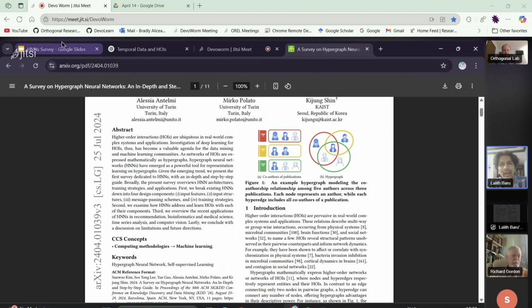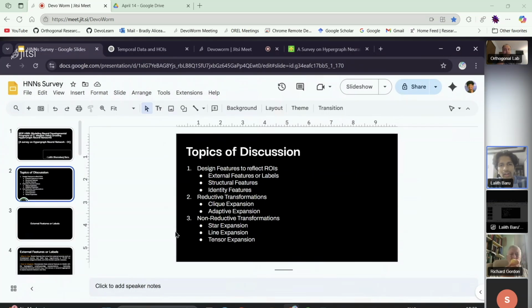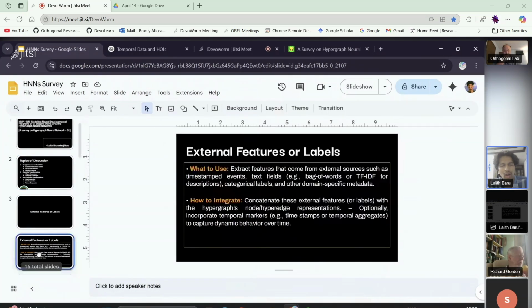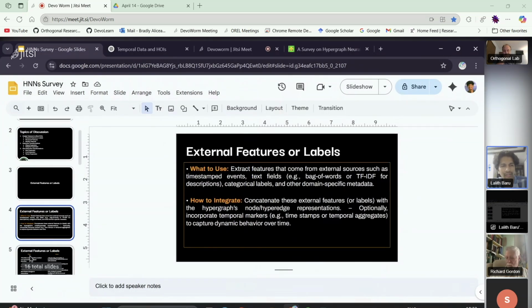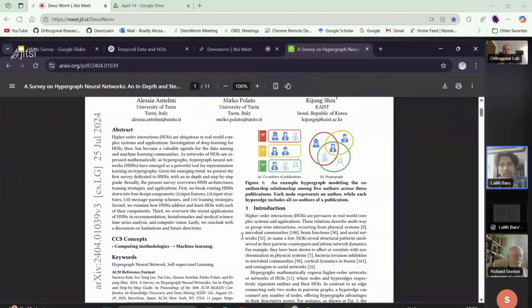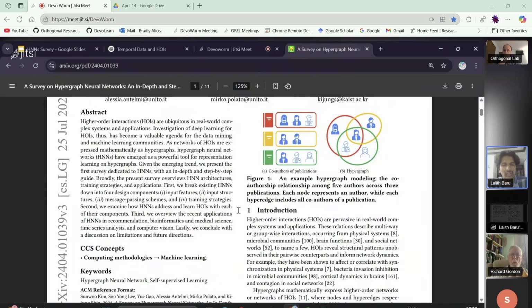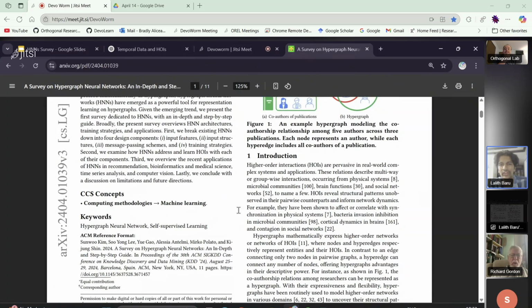So I've made separate slides which detail a little bit about how these are useful for us, and I have mentioned the pros and cons for our specific data. I also have a glimpse of visualizations which can explain a little bit about hypergraphs, and how we can model the higher order interactions. So let's first understand